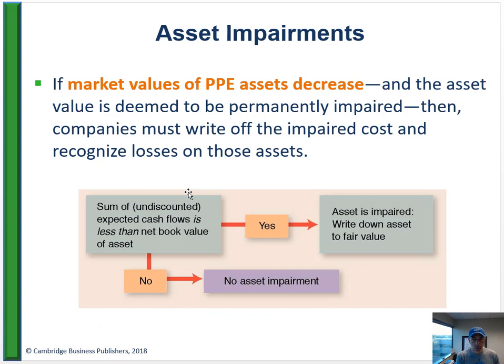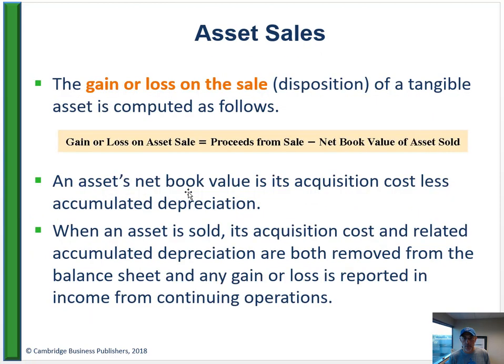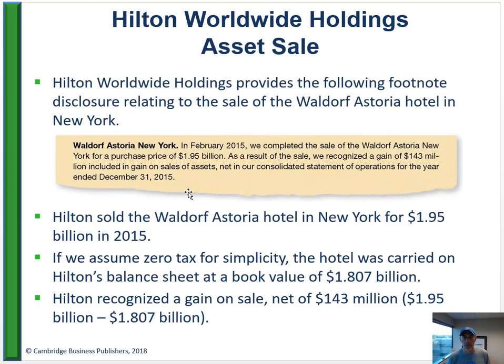And that, if it's a loss, well, I'm getting a little bit ahead of myself here. Let's look at asset impairments. Oh, I skipped 2 slides. Okay, we went from asset sales. Here's an asset sale. So the authors give us an example